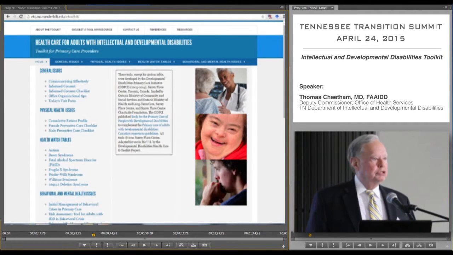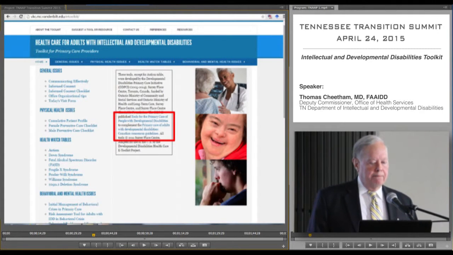And most of you should have a single-page handout that lists some of this. If you go to, and again, the general issues, physical health issues, behavioral and mental health issues, something also called health watch tables, which I'll get to in a moment. And there's on the website, so that's what you've had on your table, but that's what you'll see if you go to the website,